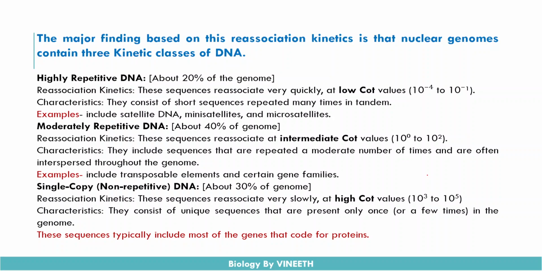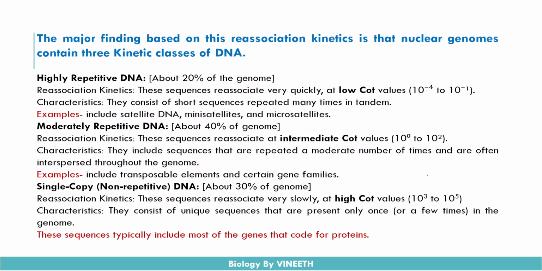Then we have the single copy or non-repetitive DNA sequences, which occupy about 30% of the genome, and mostly the protein coding genes fall into this category. These sequences typically include most of the genes that code for proteins, and they also have the higher COT values. That means they reassociate very slowly. As I've said, the rate of reassociation decreases as the COT value increases,